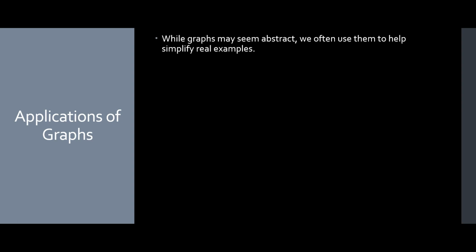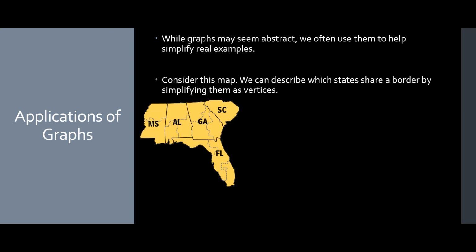So we often try to describe real examples in a much simpler way. So we'll look at this map. This is a map of the United States. Well, it's just a map of a southeastern corner. And there's a lot of things going on in this map, but if I wanted to talk about the information on which states share a border, I can simplify this by